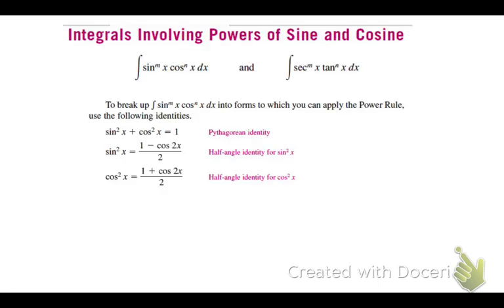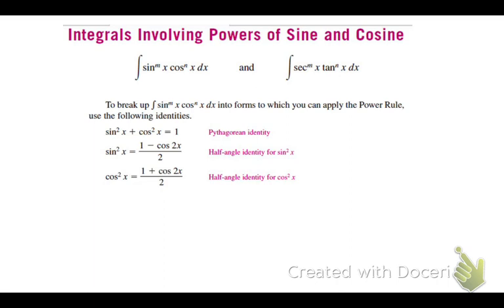Okay, integrals involving powers of sine and cosine, such as sine to the m, cosine to the n, secant and tangent. We can use these rules. Some things to remember is you need to remember the Pythagorean identity, that sine squared x plus cosine squared x equals 1. You also have,